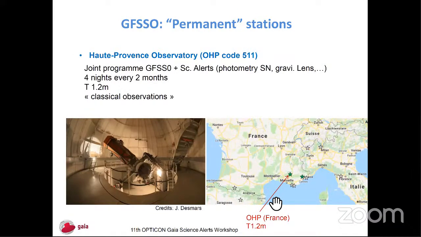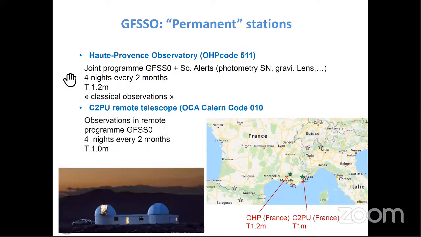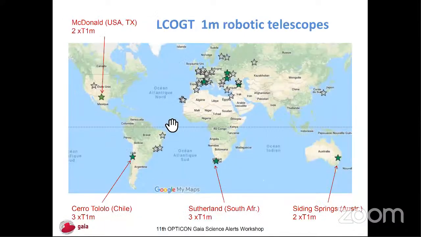We had several stations regularly used, in particular the Haute-Provence Observatory with a 1.2 meter telescope in the south of France, where we are able to make classical CCD observations, and we use that every 2 months. We also use a telescope in the south of France, the Calern station, with a remote telescope of 1 meter, and there we also had observations, but in particular we had